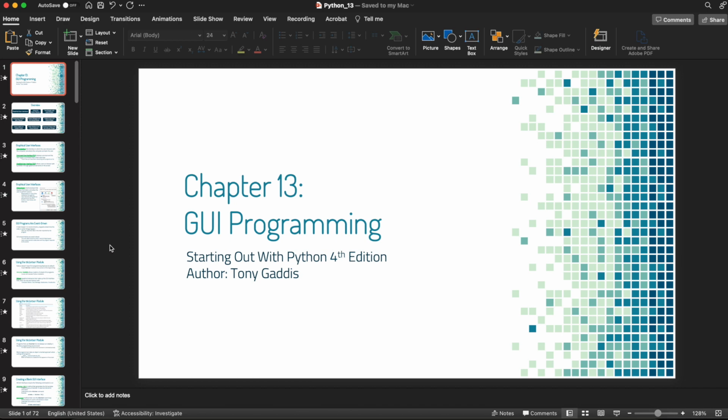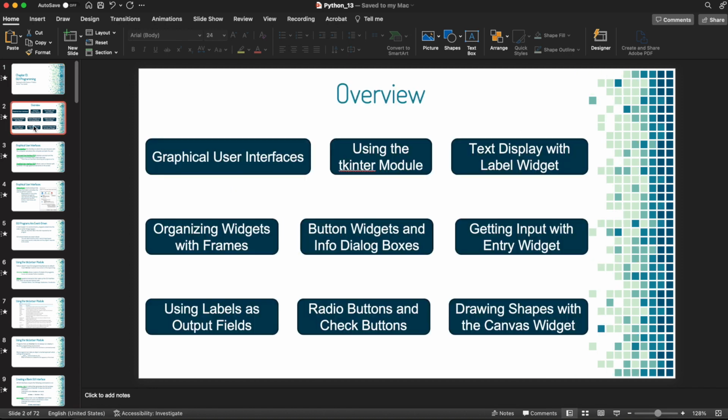Hello everyone, and welcome to Chapter 13 in the Introduction to Python course. This is the final chapter that we'll be covering, and in this chapter we'll be covering GUI programming, or specifically Graphical User Interface Programming. So specifically in this chapter, we'll be covering what a graphical user interface is, how we